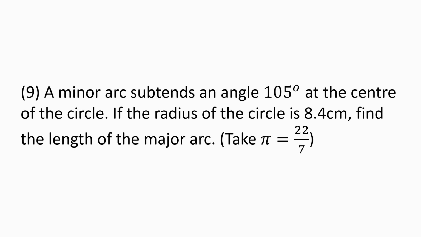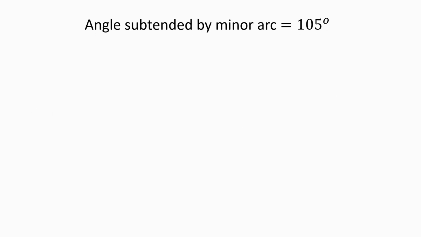Question 9. A minor arc subtends an angle of 105 degrees at the center of the circle. If the radius of the circle is 8.4 centimeters, find the length of the major arc and take pi as 22 over 7. So we've been told that the angle subtended by the minor arc is